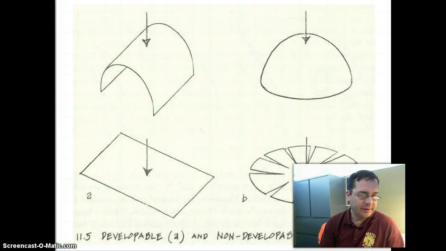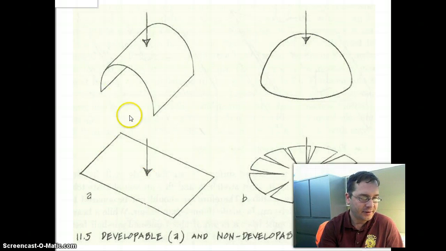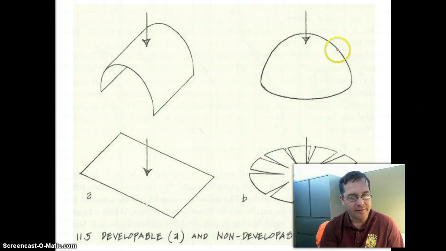This slide describes developable and non-developable surfaces. And the way to think about a developable surface is if you could take a sheet of paper and fold it into that shape, it is a developable surface. So you can see here that this kind of arch shape is just simply a bend in this piece of paper. On the other hand, this dome shape, there's no way to develop a dome shape from a flat sheet. In fact, if you were going to construct a dome out of sheet metal, you would develop a